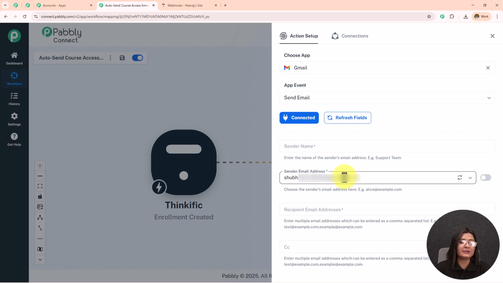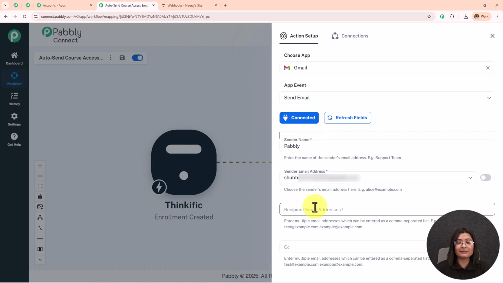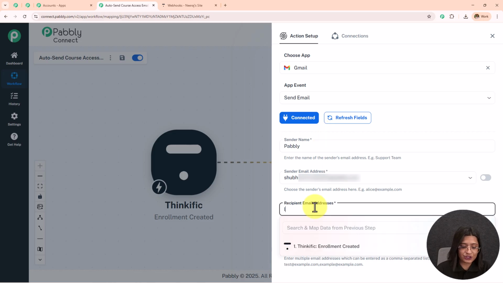Here the sender email address is already selected, which I selected while creating the connection between this Gmail and Pabbly Connect. So now I need to enter the sender name. Let's say the name is Pabbly, and then I'm going to enter the recipient email address. I am not going to enter it manually. Instead, I'm going to use a method called mapping, which means I'm going to enter the data from the previous